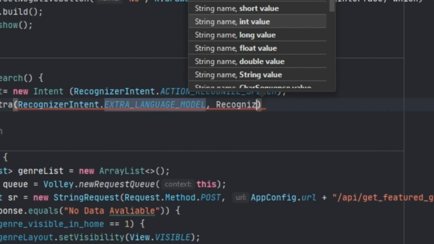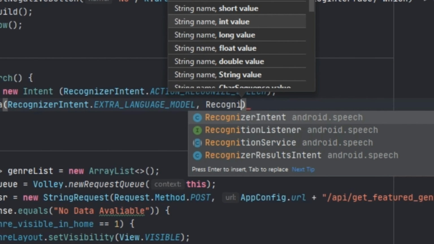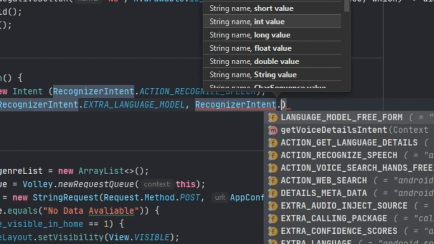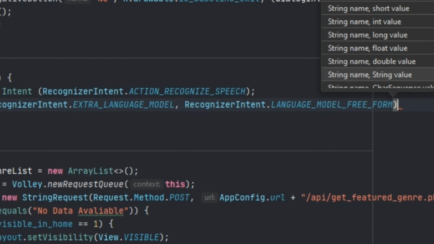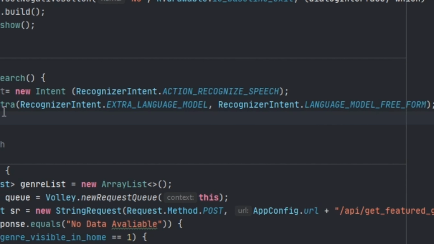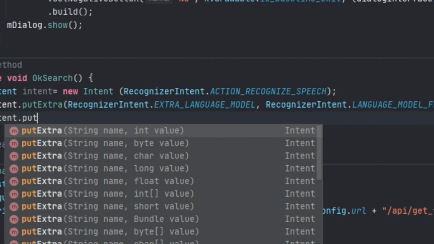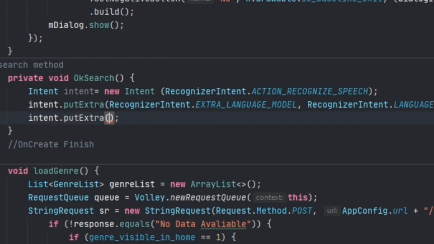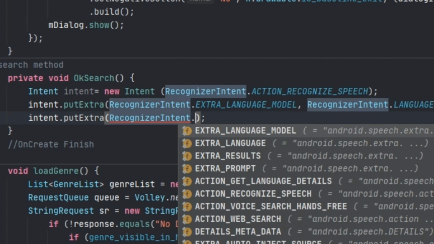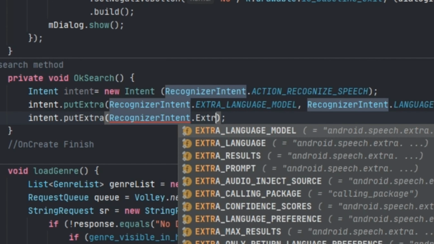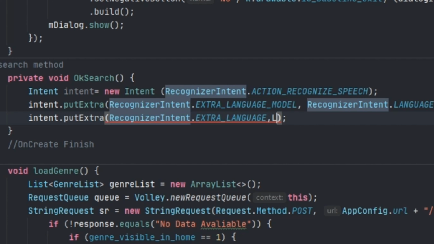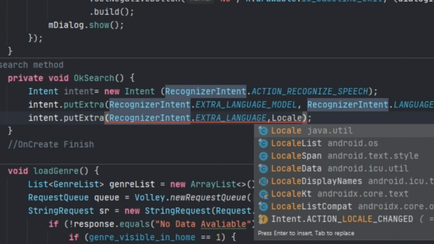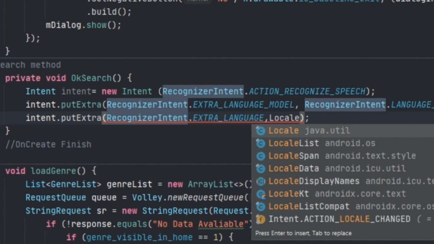The second line tells Google to open its language model. Language model free form helps Google to identify the language the user speaks. This line allows us to customize the Google Voice interface.